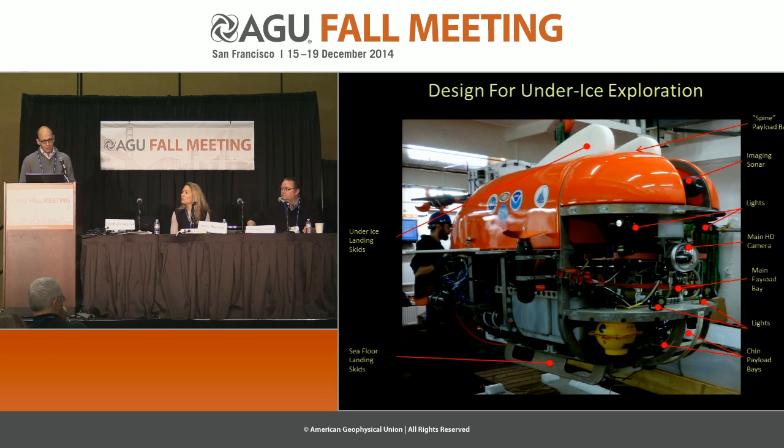Now, of course, we also focused on building a vehicle that was specifically for exploring the underside of the ice and for exploring the sea floor underneath the ice. So that what we were after is effectively a traditional remotely operated vehicle that might work on the sea floor, but inverted. So the vehicle has the ability to hold station relative to the ice, to land on the underside